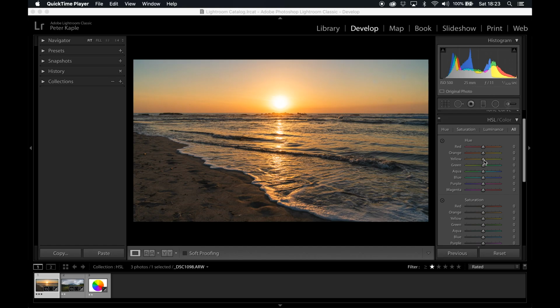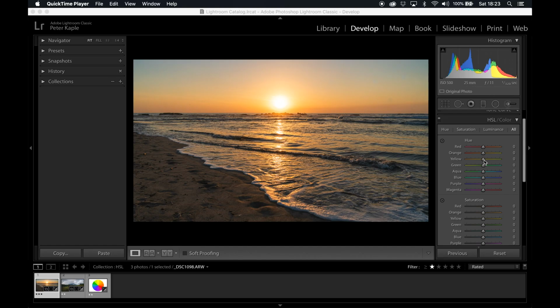Alright. Hopefully you guys have a better understanding of how to use the HSL color panel, because now we're going to jump back into Lightroom and we're going to apply it to those 2 photos I showed you at the beginning. But before we do that, I want you to know that I've already gone through and made corrections in the basic panel and the tone curve panel to these images. If you want to see how to use either one of those panels, I'll put a link up there for you guys to watch. So here's our first photo.